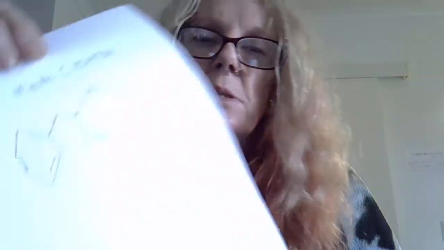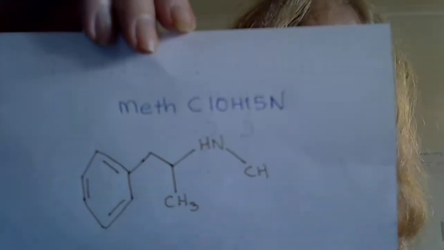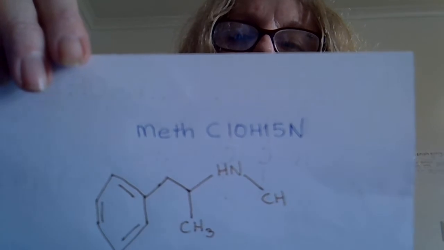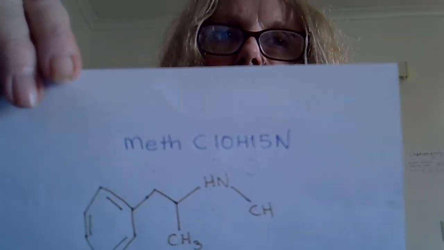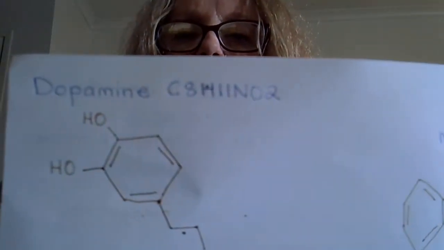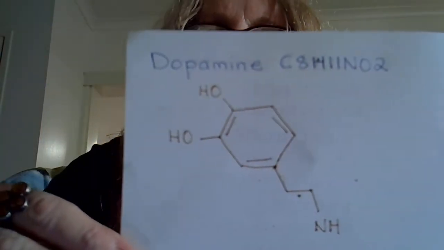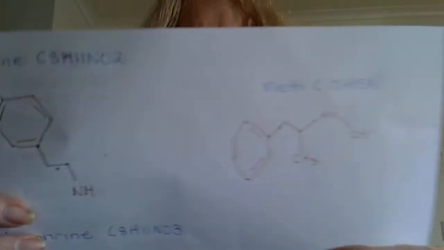And this is what meth looks like. Meth is C10H15N. So it's 10 carbons, 15 hydrogens, and 1 nitrogen. Notice how similar it is. That's why our brain, our neurotransmitters, can readily take synthetic things and think it's the real thing. Meth apparently is 100 times more powerful than dopamine. So when you have a shot of speed or something, it's 100 times more powerful than that. Anyway,